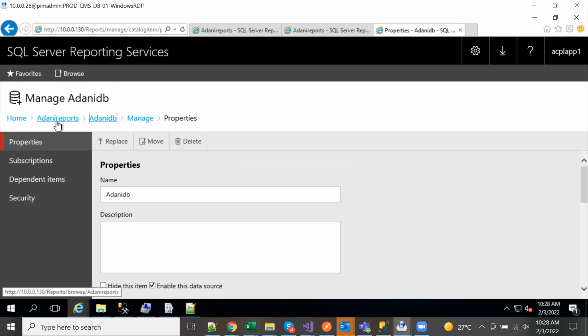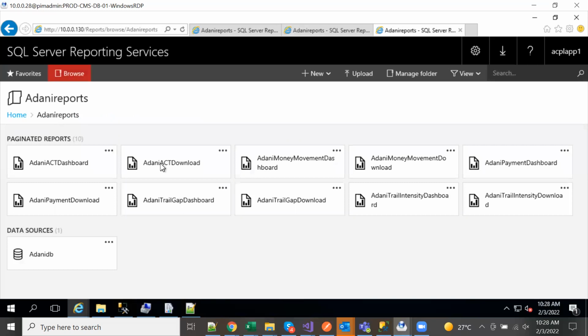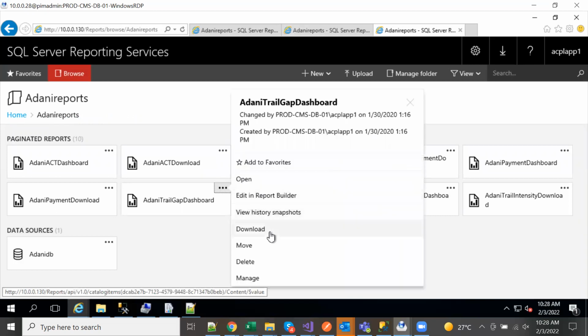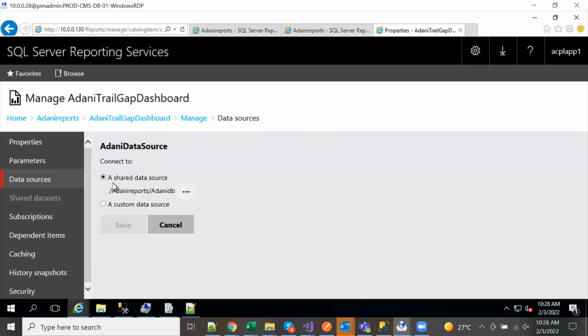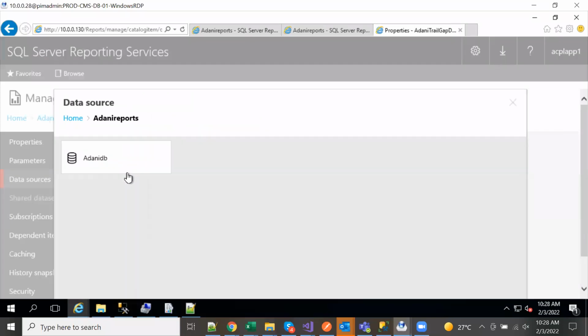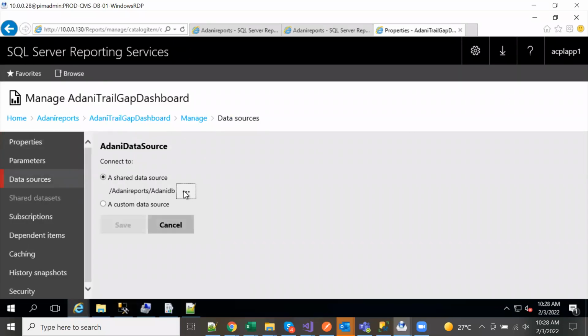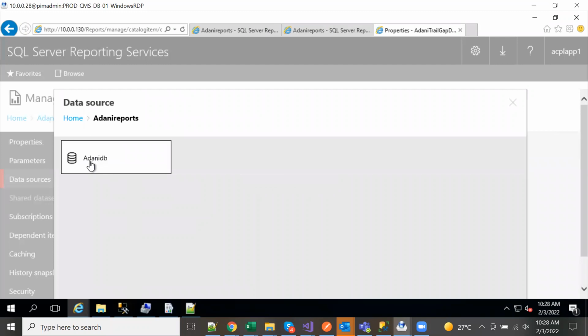Every single RDL file will be connected to this one. So I go into manage. Inside manage, there is something called data source, and that data source turns out to be none other than this data source, which is already there.